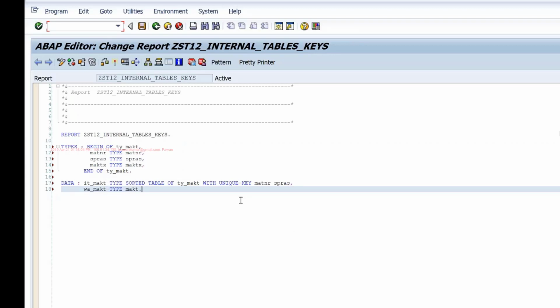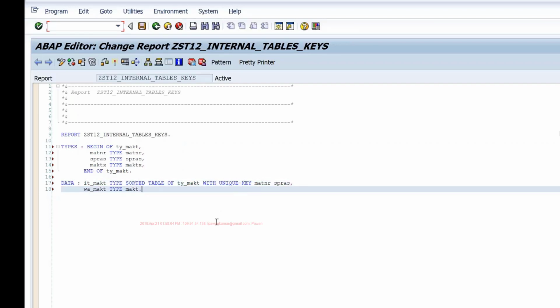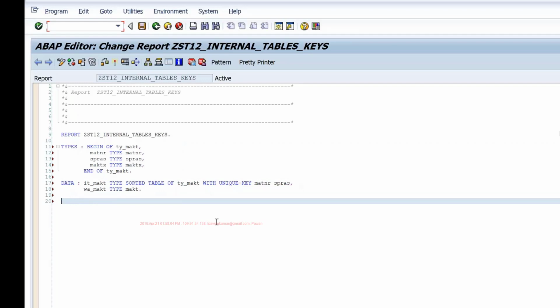If I've defined my internal table like this, which is a sorted table having a unique key MATNR SPRAS, then when I want to read the data, I'll write a statement something like READ TABLE IT_MAKT INTO WA_MAKT, and if I just say WITH KEY MATNR equals 100, let's assume there's an entry with 100.